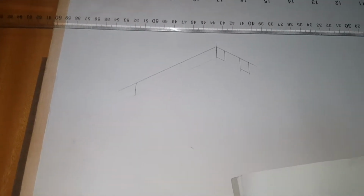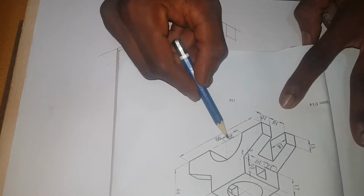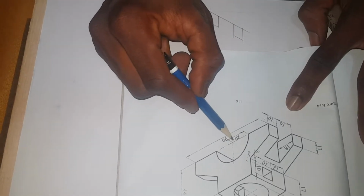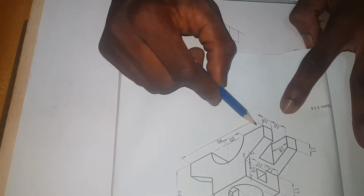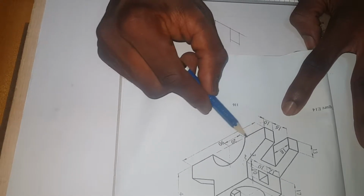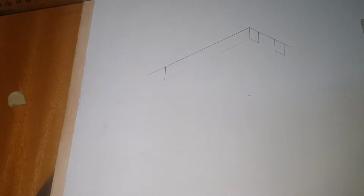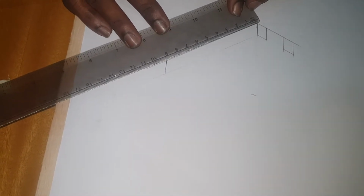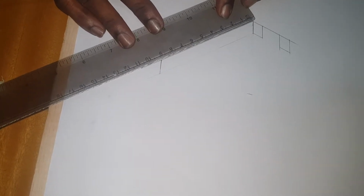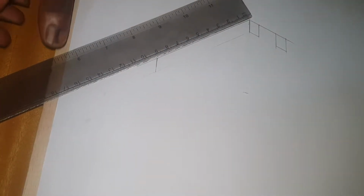All right. So we are to draw our semicircle here, which has a radius of 20 millimeters, and its center is in the middle of this edge, which is the 90 millimeters edge. So we gotta measure 45 millimeters from this side to get the center. Then we draw our semicircle using the rhombus method. So this is what you're gonna do. You measure 45 on this edge, which is the center. 45. So we now have the center